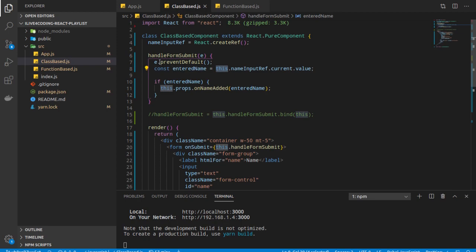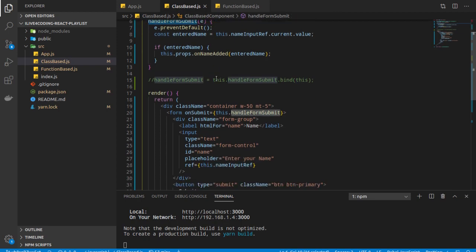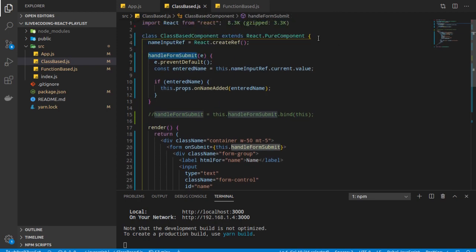Fine, because this particular function is not called by this particular class or within this class or by the context of this class. What I mean is that this function is not called in the context of this particular class, right? So if this is not called in this context where this variable name input ref is created, so this is created within this class, right?